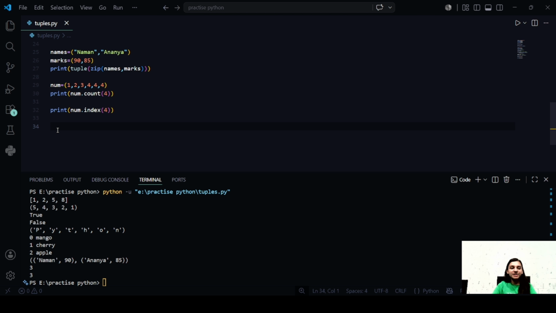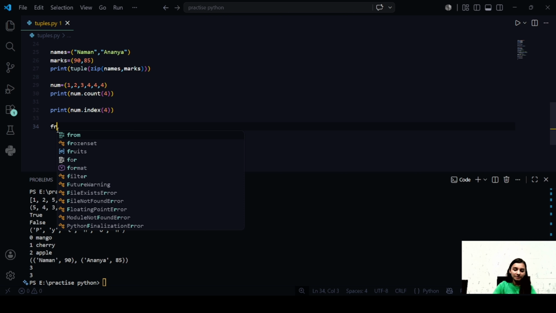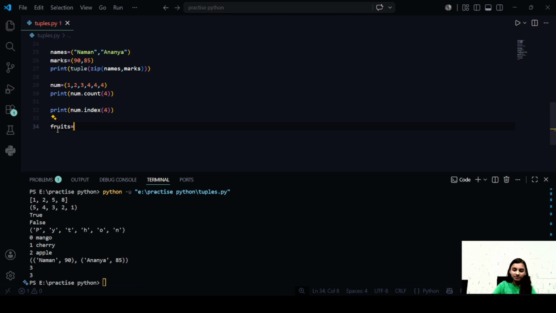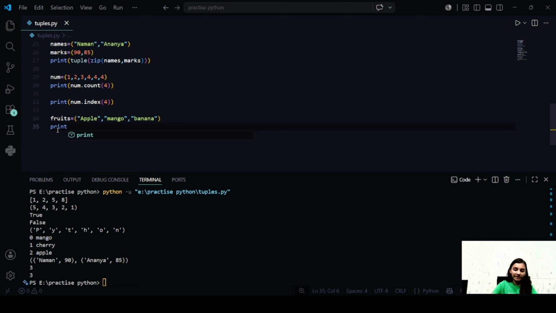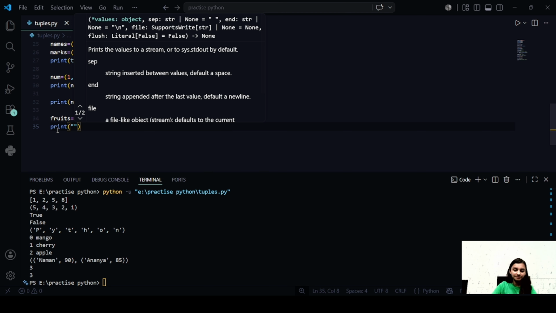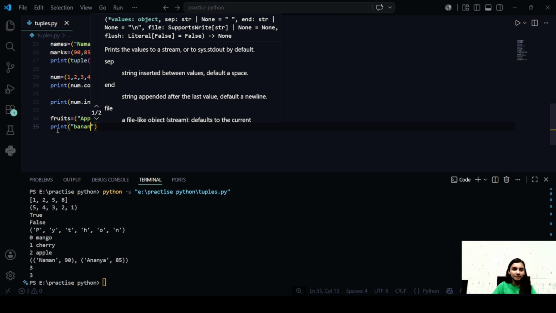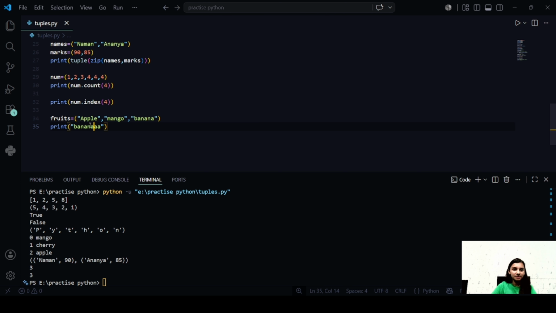Next we have membership operators. Let us take a list fruits, a tuple here. Sorry for that. Let us take a tuple. And now let us try to check whether we have the element banana in fruits.